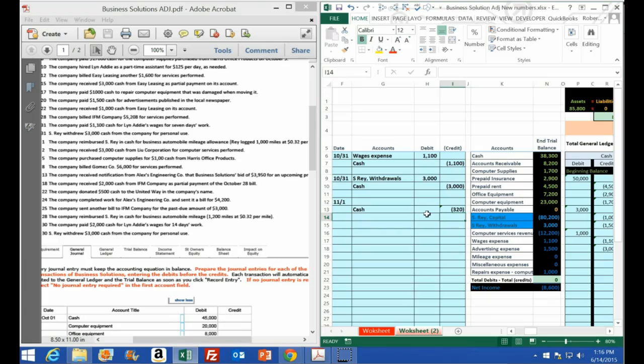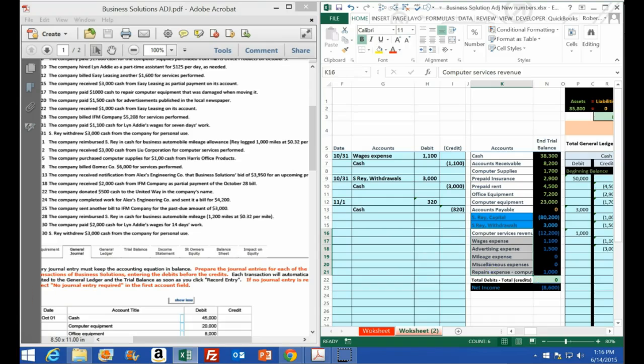Now we've got a negative 320. How? 1,000 times 32, credit 320. Then we're going to have to debit something. And why did we do this? Well, we did it related to the auto in some way. And if we look at our accounts here, you would think you would have an auto